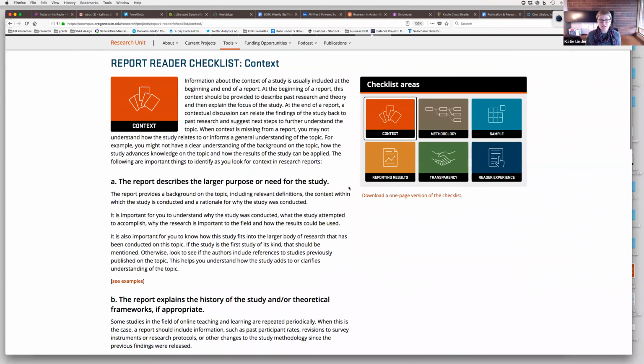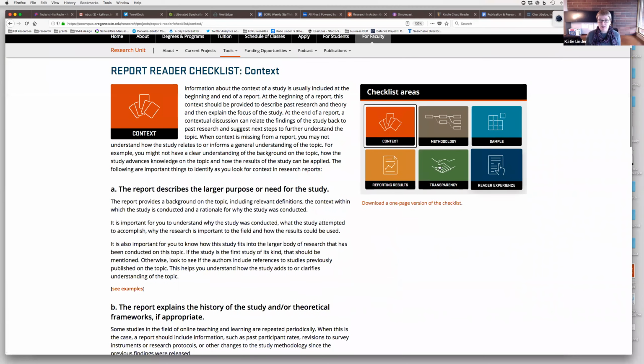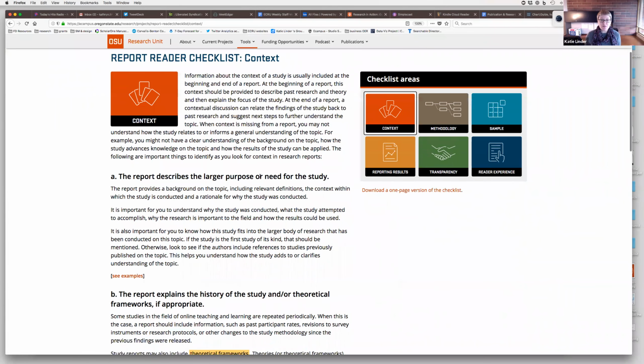So one of the first things to note when you come into one of these 6 areas is that you can access the other 6 areas here on the right side of the screen. And you can also download the one-page version of the checklist in any part of the website. Now, you'll also see that for each of the areas that Mary Ellen talked about in this particular context section